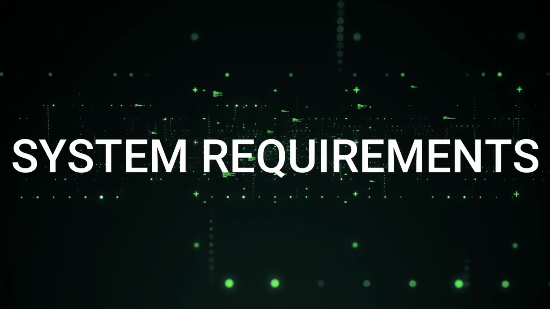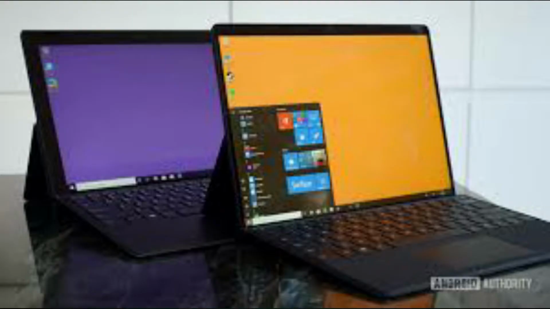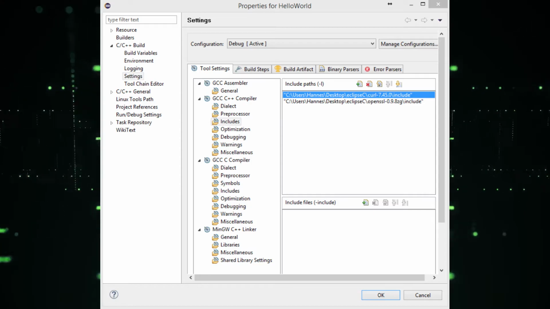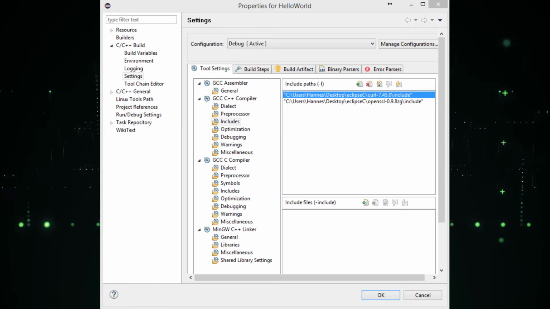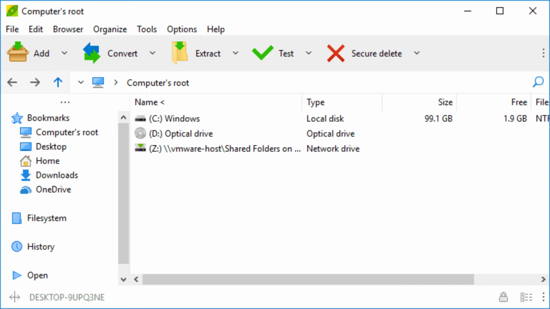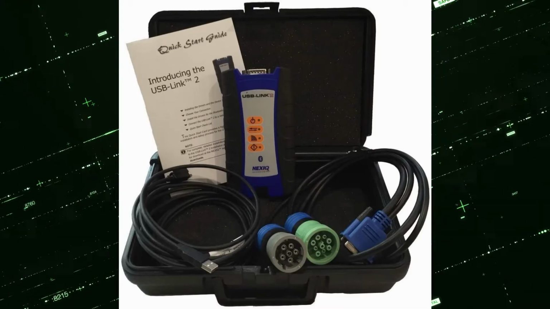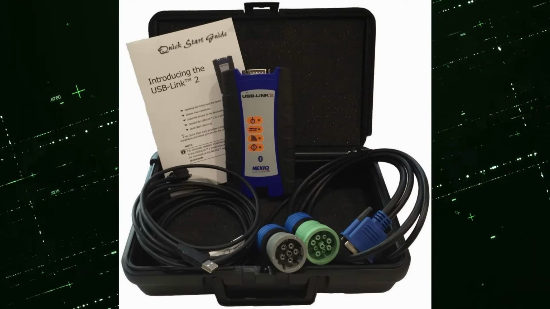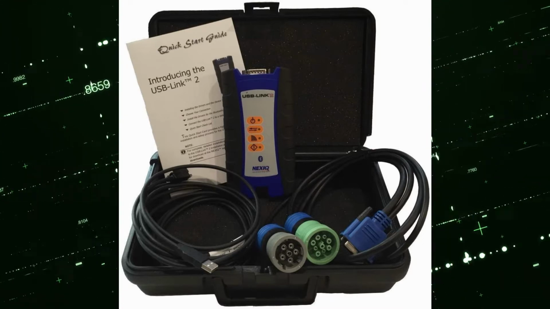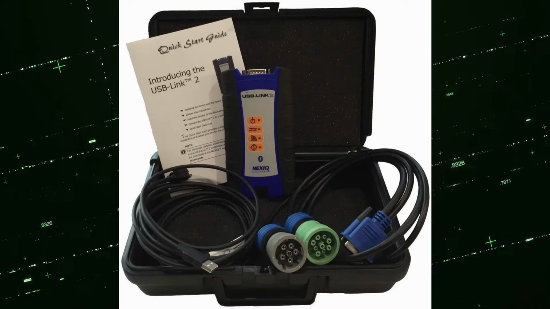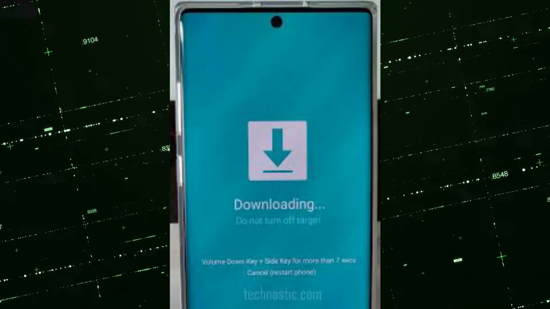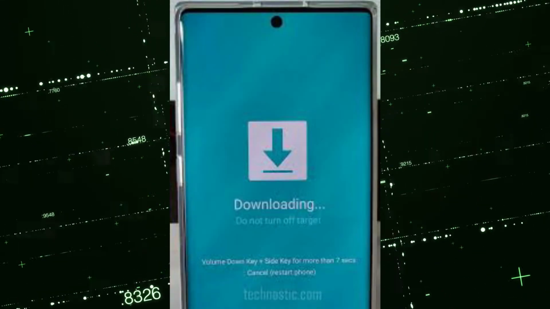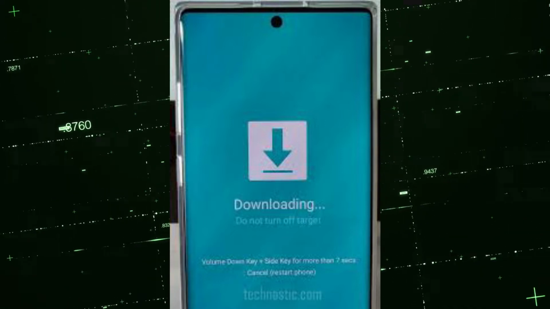System requirements. Your gadget ought to be a Windows-based PC. To run this product consummately, you will likewise require the Visual C++ libraries. There are some compressed records in the bundle. You will require unzipping programming, a USB link to associate the Android gadget and the PC, USB debugging should be turned on on your Android gadget. You have to boot the Android gadget in the download mode, and 1 GB of extra room on your PC.